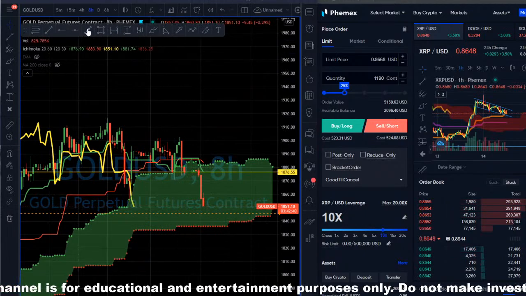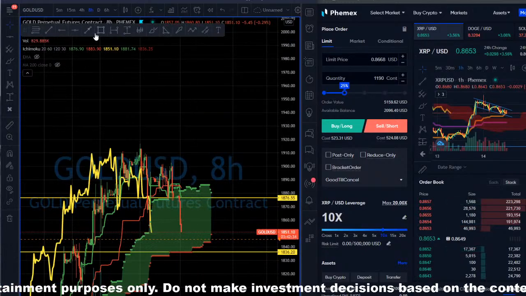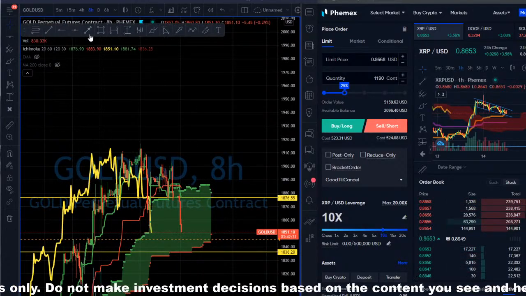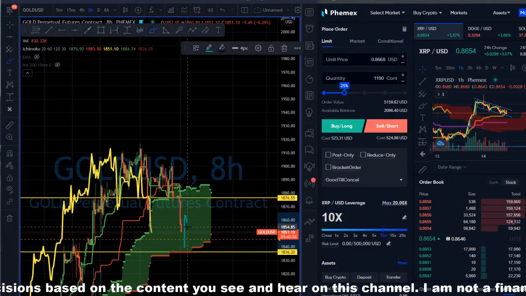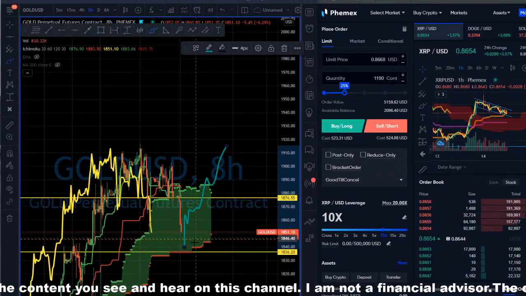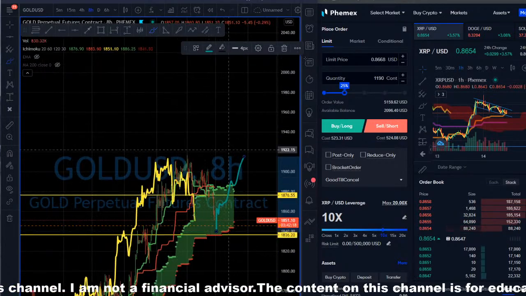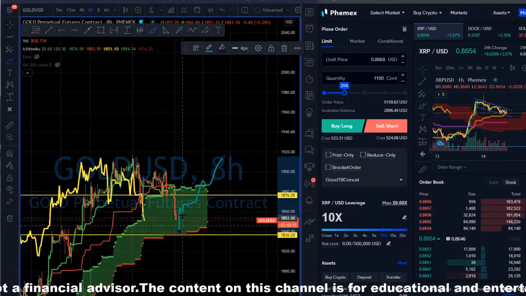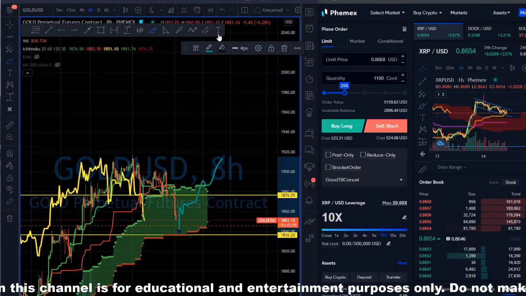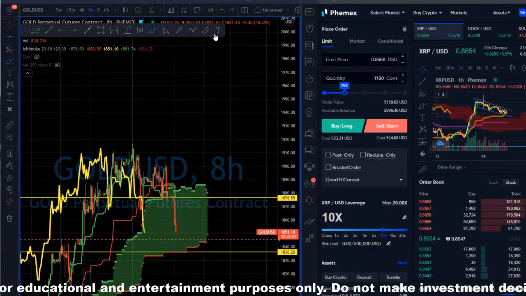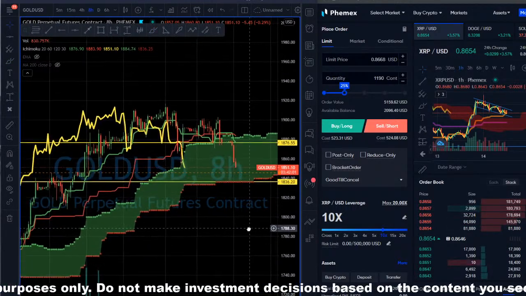This is a really strong sign of support for gold, and so if it decides to bounce right there, then you can see gold kind of coming up, work its way back up, right? Continuation up. This just could be like a retrace, right? But it could continue going up. But on the 8 hours, if gold fails to maintain this level of support, what I'm gonna do is I'm